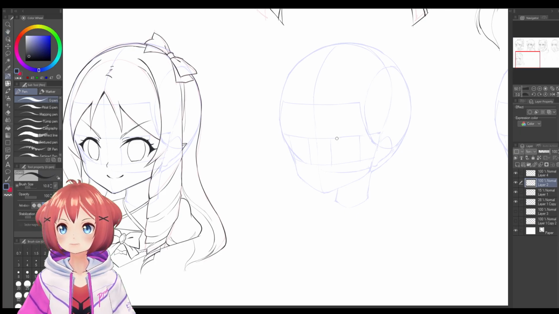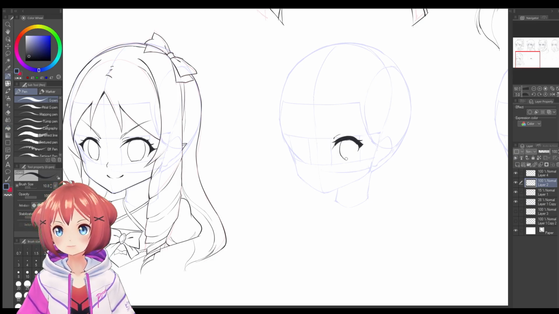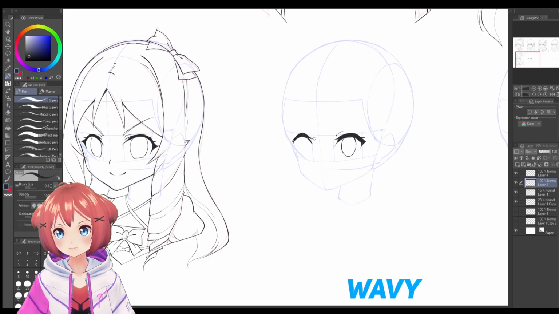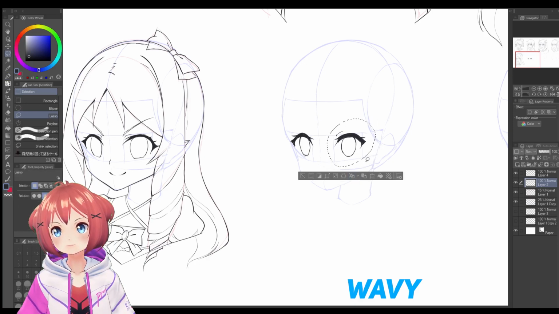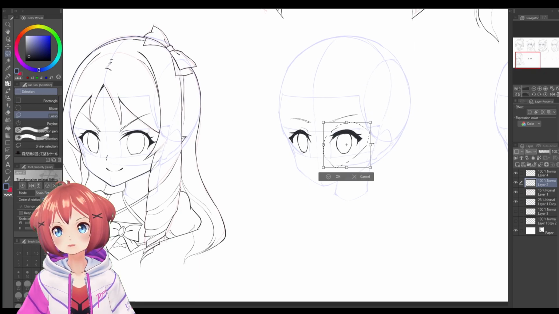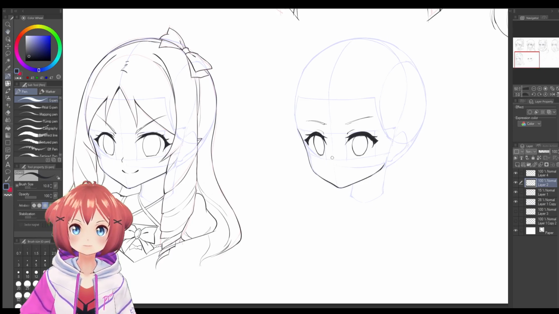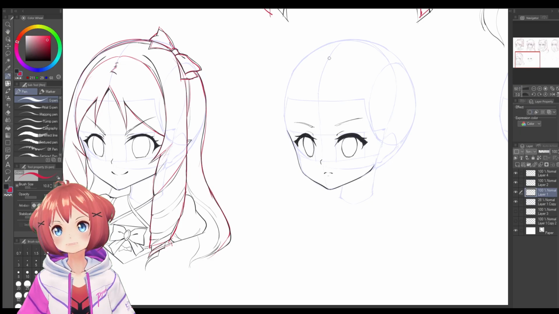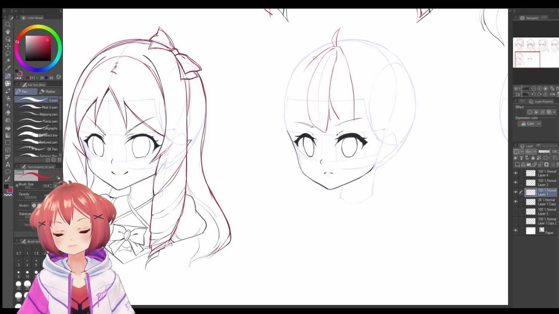Okay, number six. Number six, we will be doing a wavy hair now. Short wavy hair. Again, continue with the eyes, the eyes first. This is a character in a more serious series, so I give a more serious expression,